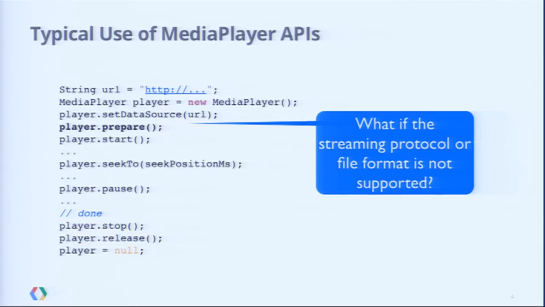First, what you need to do is to create a media player object and then set its data source by passing it a URL. The URL can be a local file on your Android device or can be pointing to a media data source that is located on a remote server. After you configure the media player object, you can send a prepare message to the media player object, which will validate the data source, see whether this file format is supported by the parser. And if the parsing